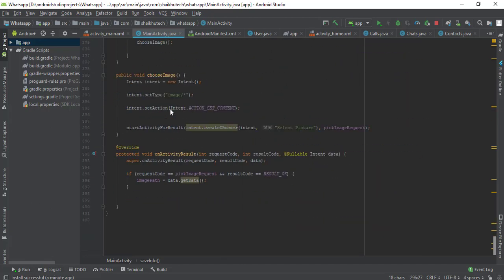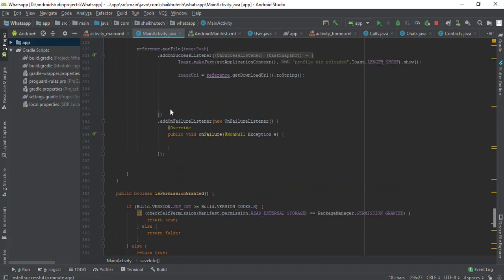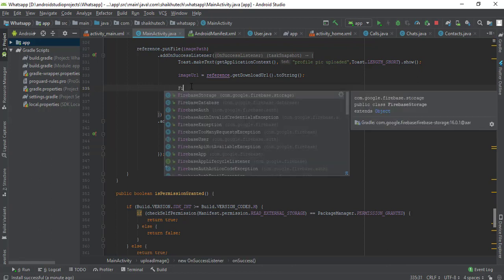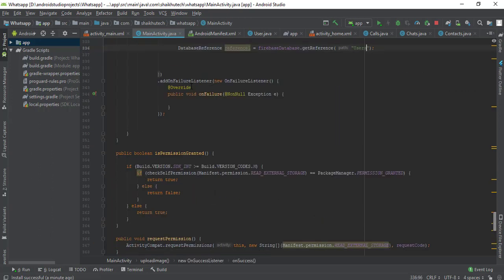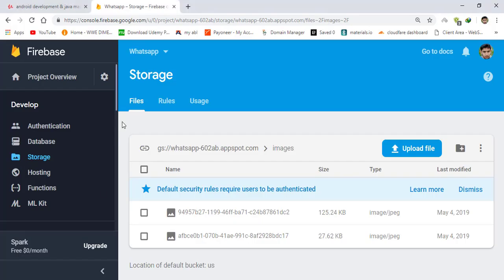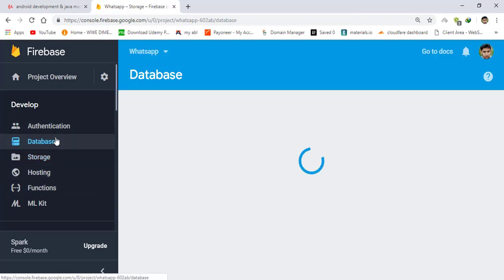What we can do here is just get a reference to the database. DatabaseReference is equal to FirebaseDatabase dot get reference, and reference to users. So when we have a reference to users, then we need to, if I show you here,